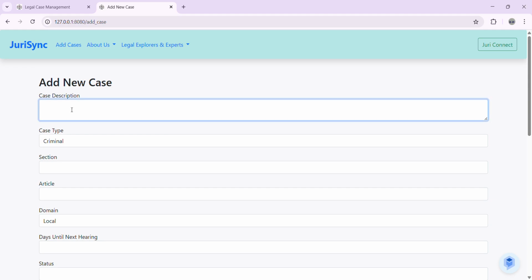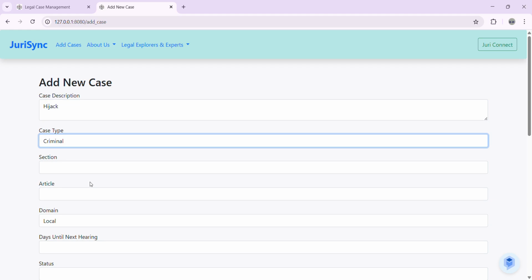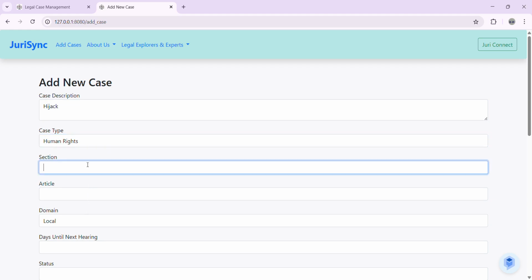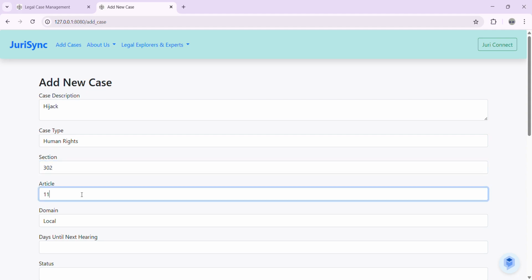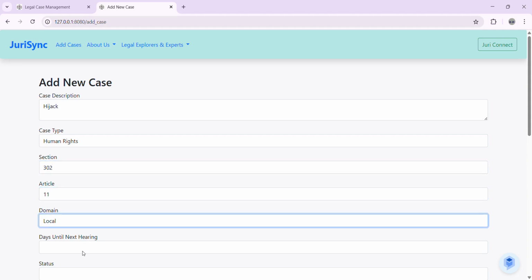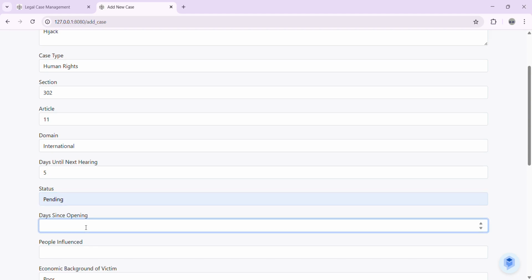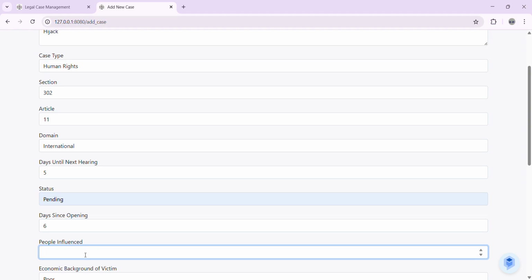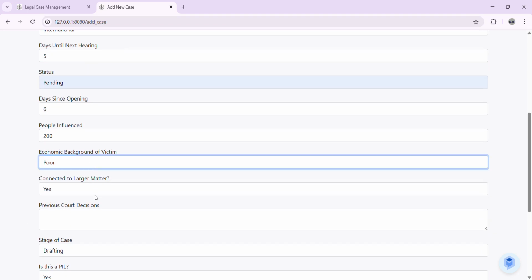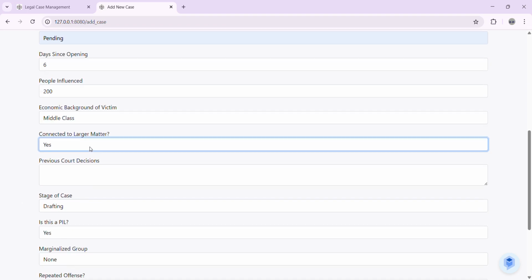Now let's add a severe case. We will give hijack. It is a human rights case, and section we will give 302, article 11, domain let's give international, then days until next hearing let's give 5 days, the status let's give pending, days since opening 6 days, then people influenced let's give 200, economic background middle class, connected to a larger matter, yes,